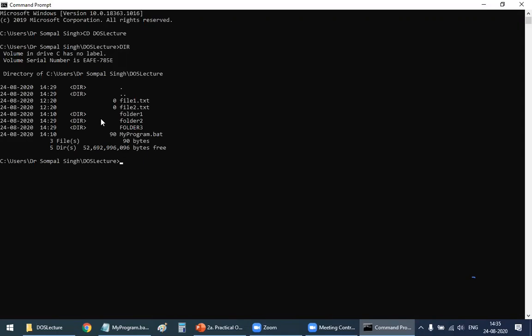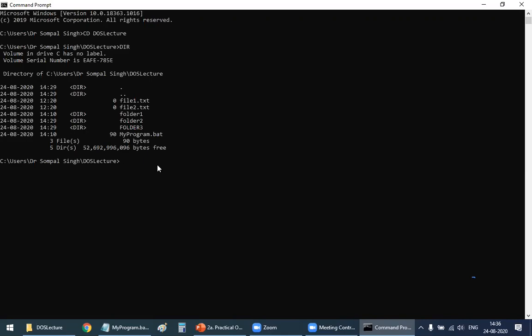So it has folder 1, folder 2, folder 3. So there are 3 folders here, and there are these 2 files, file 1 and file 2. So this is how you get the list in a DOS environment. In Windows, the list was displayed with beautiful icons in front on your screen. But in DOS, it is in the form of a list.